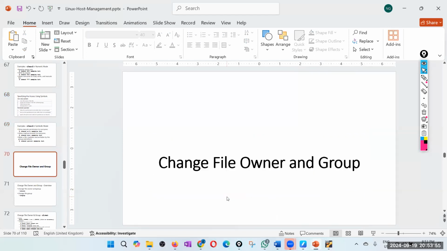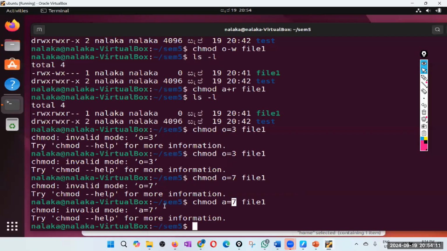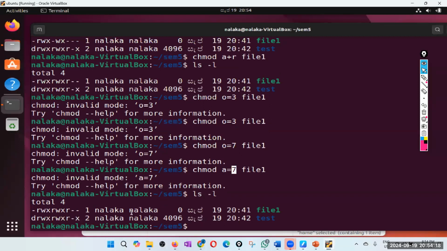Right. So then if you want to change the ownership of a file, because when you create a file, by default, you are the owner. Now I have created all these files using Nalaka login, so all these files and folders' owner is that particular user. You can see user is Nalaka, group is Nalaka. But if I want to give this access to a different user and different groups, that is where you have